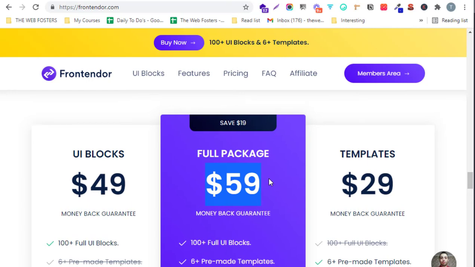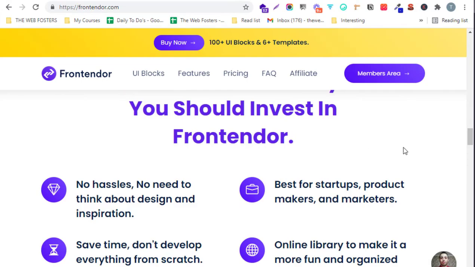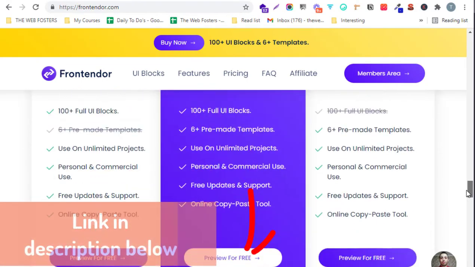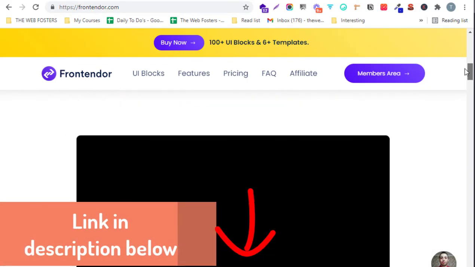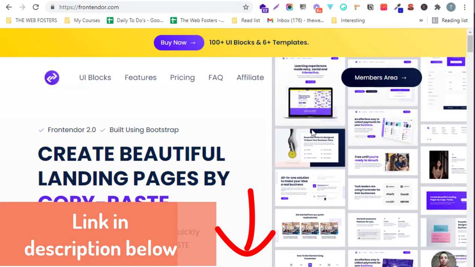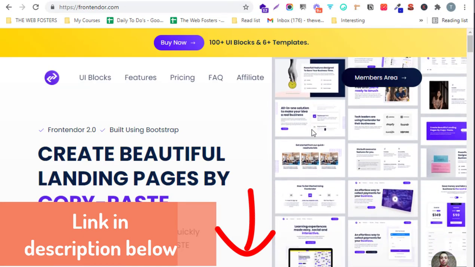So with this, if suppose you are purchasing it for $59 and if suppose you are selling it, maybe you are creating landing pages and selling them for maybe $20 or at least maybe $30 to $35, then if you sell maybe 5 to 7 landing pages per week, then it's a very good use of this particular online tool. You can easily earn money using this online tool. So it's a very good UI tool. I definitely recommend all of you to just try this tool.